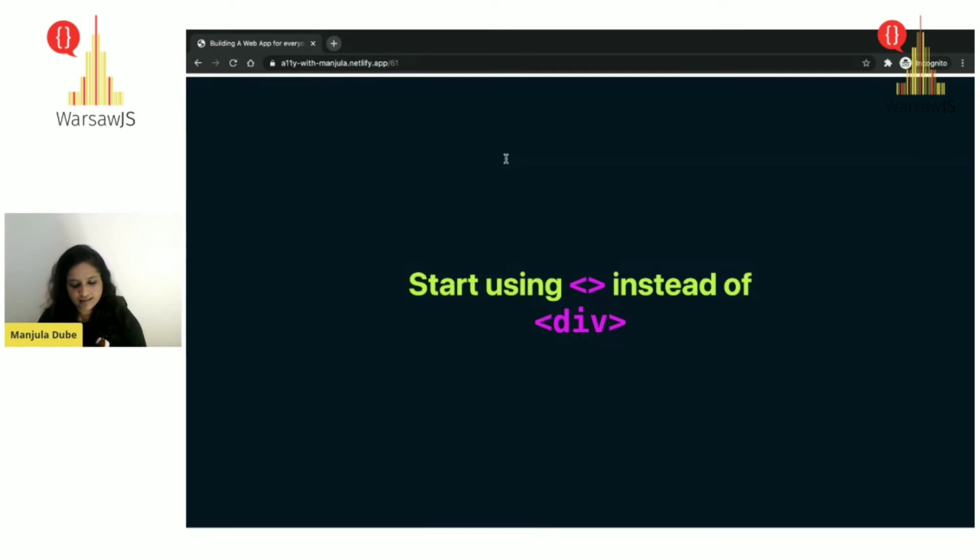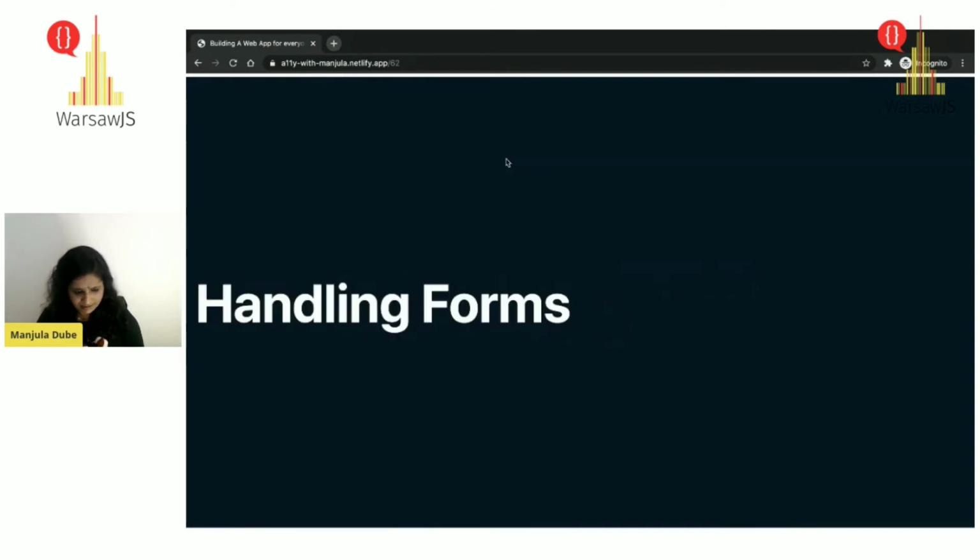It just wraps things. But when you wrap things with a div, it is one more element. And if it doesn't make sense to have that extra element in your DOM, it might confuse screen reader users.